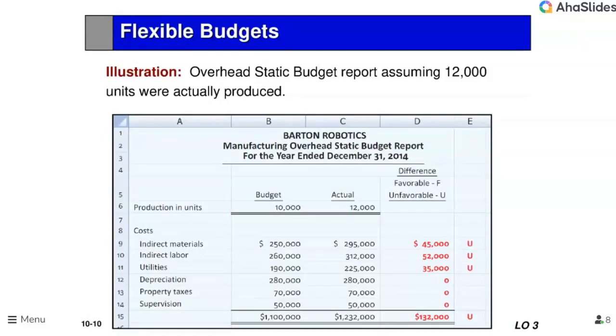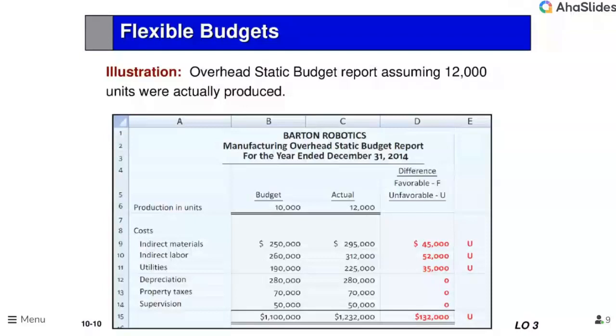Also, the budget is for 10,000 units, while the actual is 12,000 units. So what does that mean? So the units that are produced are more than what is budgeted. Right? So if we take per unit, probably that. So why are the costs different? Why are the costs different? Okay, direct labor.